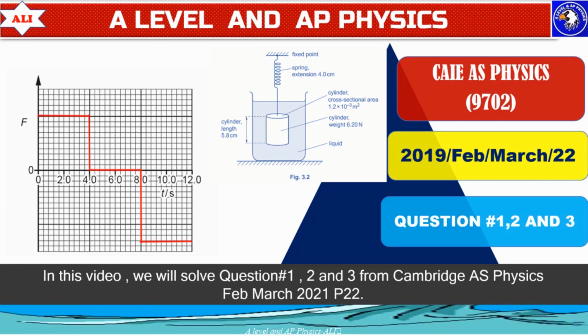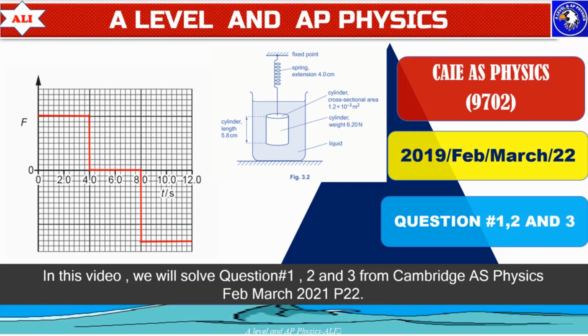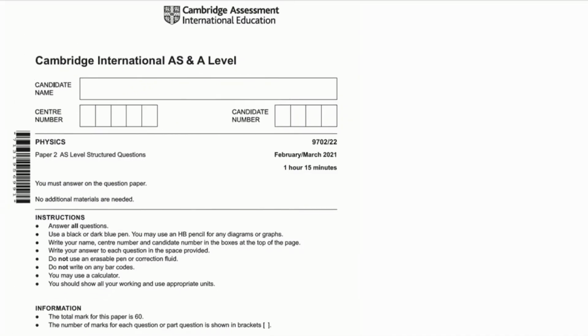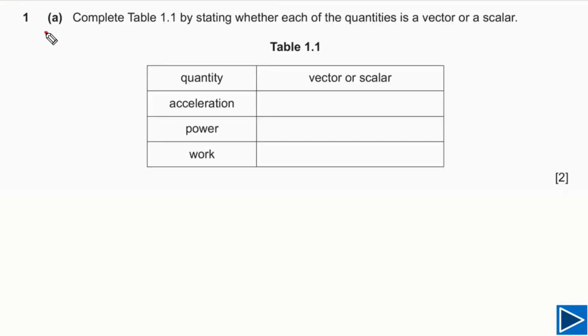In today's lesson, we will discuss question 1, 2 and 3 from March 2021, paper 2. Part A is simply asking us to complete table 1.1 by writing vector or scalar in front of these given quantities. Acceleration is a vector quantity because acceleration is equal to rate of change of velocity, and velocity is a